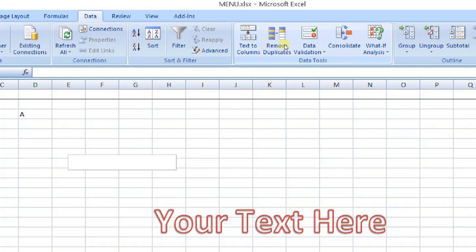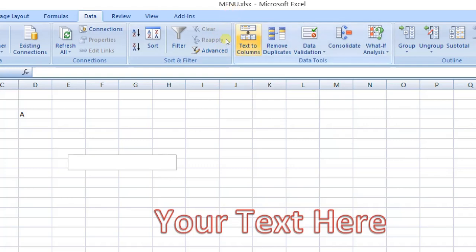Then this is the data tools. Suppose you are preparing a database in Excel, and you are copying some data from Word and putting it in your Excel sheet; the functionality of text to columns appears at this point.